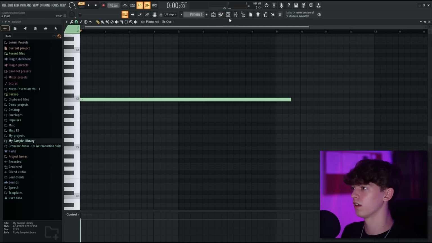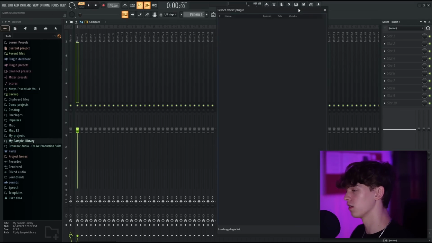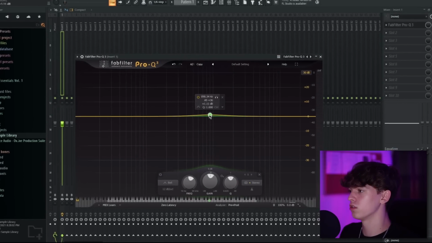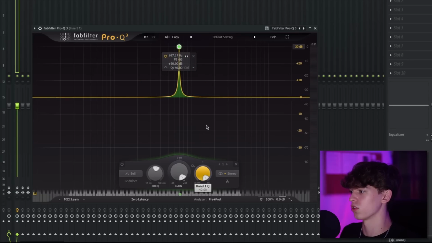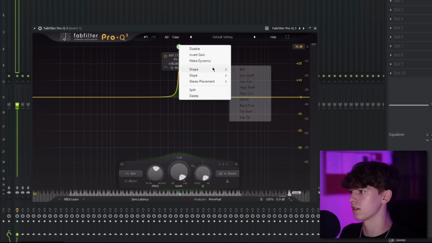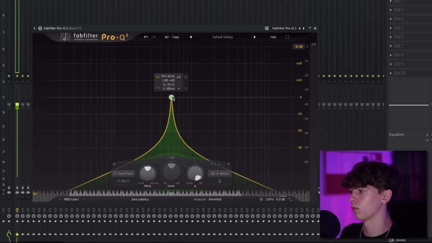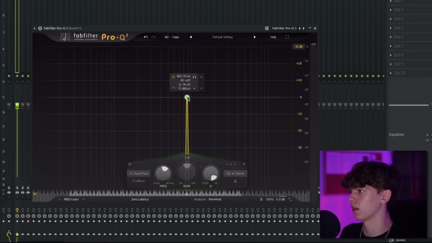I have this long note here, and let's go to the mixer. Now I'm going to be using FabFilter Pro Q3. What we can do is create a point here, and then I'm going to turn the Q all the way up, and we'll right click this and select the shape as a bandpass. And then we can make the slope 72 decibels. And now if we play it,